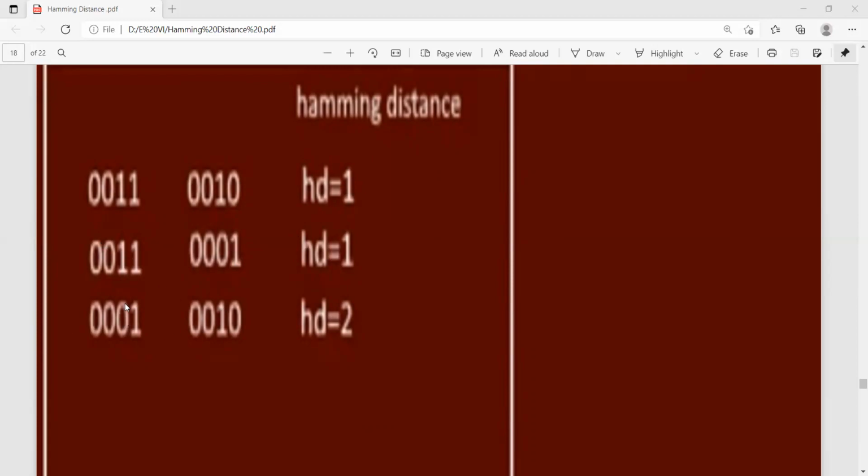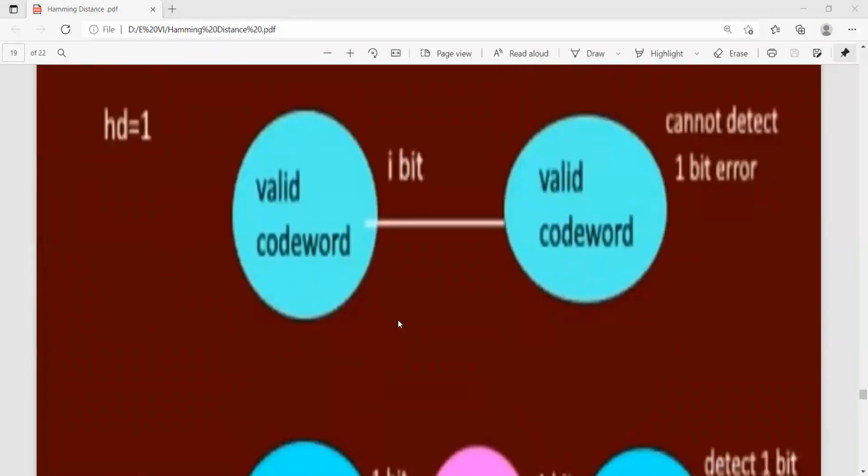Now you can see 0 is becoming 1, and 1 is becoming 0. If corrected like this, the Hamming distance is 2. So where the Hamming distance is 1, there is only a 1-bit error, and a valid code word is being processed.